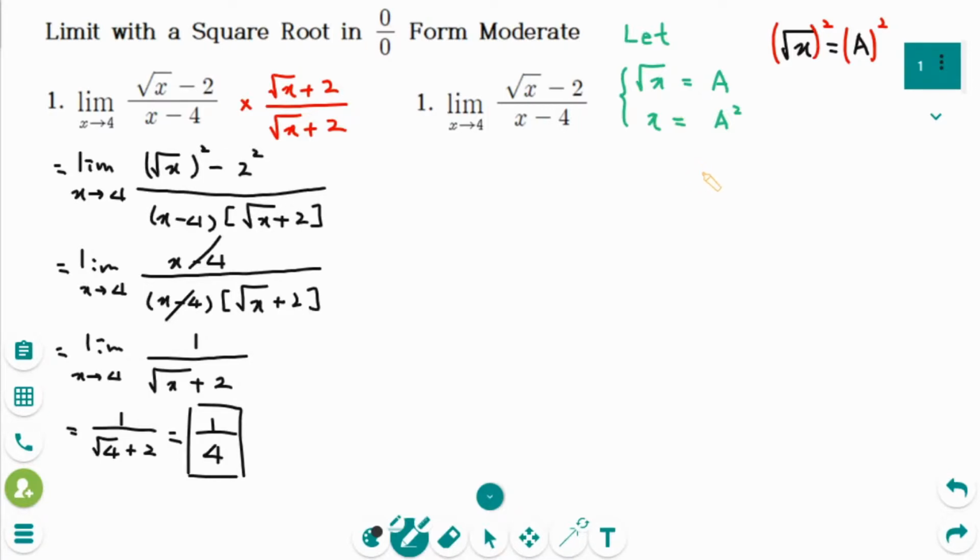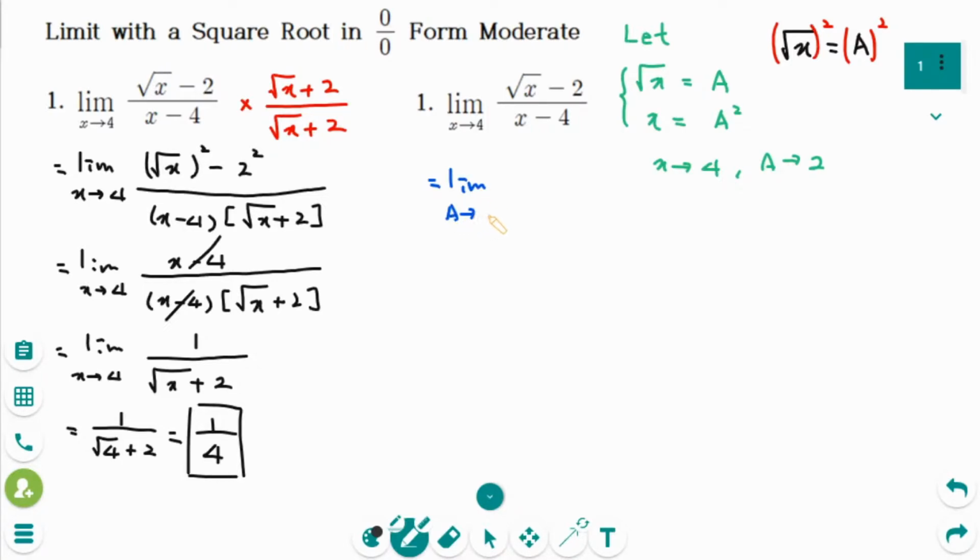Then x approaching 4 is the same as a approaching 2, because when x equals 4, square root of 4 equals 2, the limit becomes